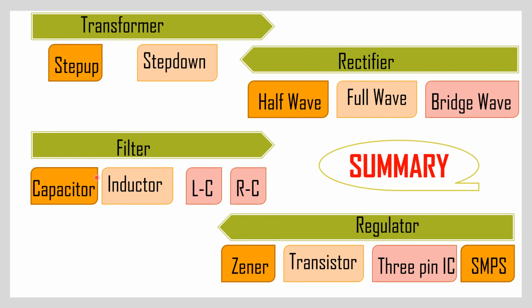Very important topics are the transistor series voltage regulator, Zener diode, SMPS, rectifiers, and the comparison between the rectifiers and filters. Whenever a question comes on the filter or rectifier, you have to draw the diagram, the waveform and give the explanation for 3 marks. Without the circuit diagram, the explanation would not give you the marks. Circuit diagram, waveform and then explanation for 3 marks. 1 mark is reserved for the diagram, 1 mark for the waveform and 1 mark for the explanation.